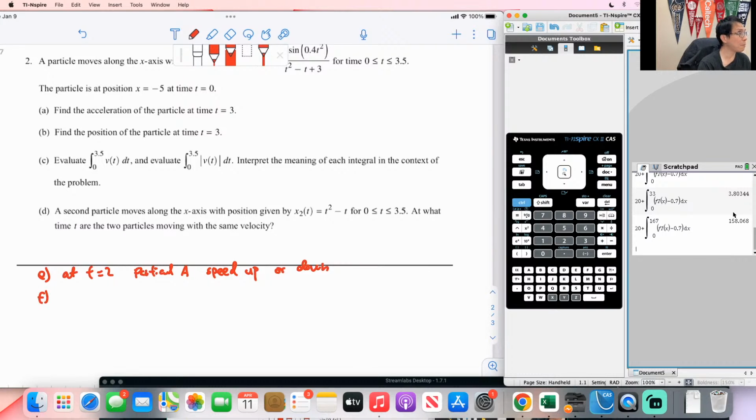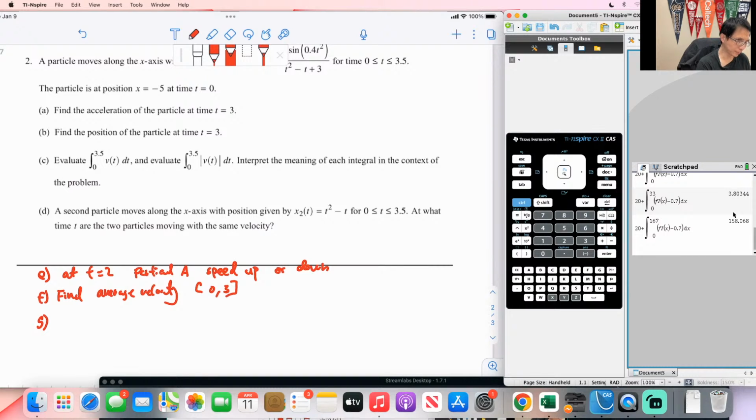F. I might ask you, well, can you find the average velocity between 0 and, I don't know, 3? I will ask that. G. The harder tier question they might ask you is what? They might ask you, when is a particle